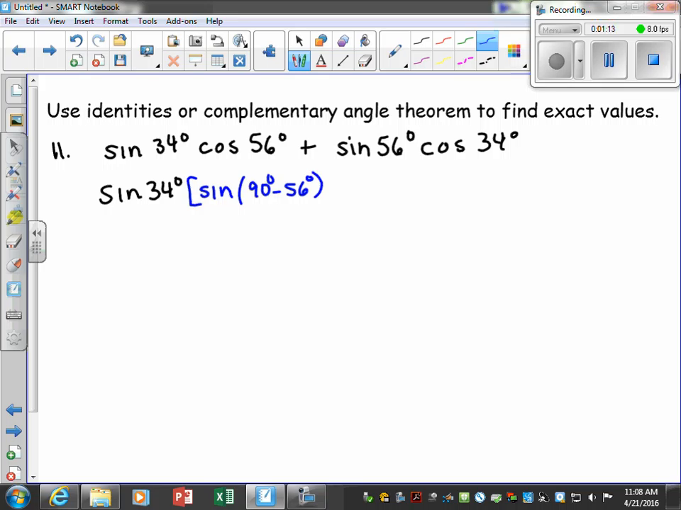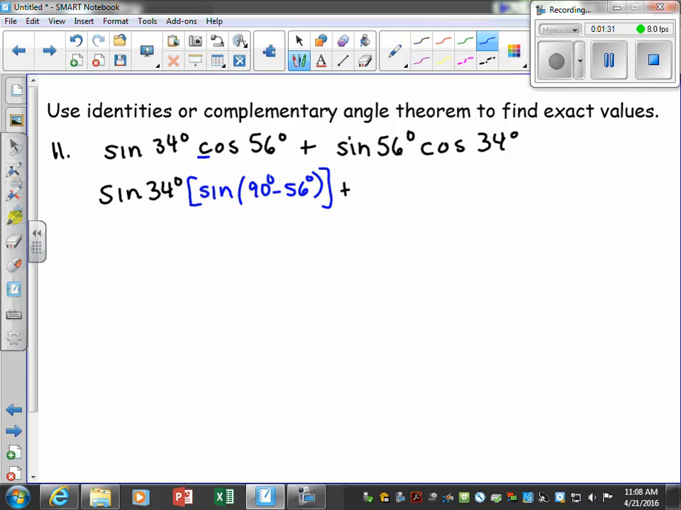And don't be discouraged. In some cases, there's a little bit of trial and error with some of these, as in what to try. But if one of your identities doesn't jump out at you initially, you're going to start with some type of complementary angle theorem. And over here,